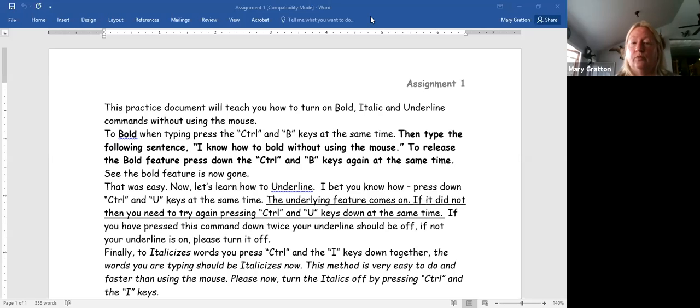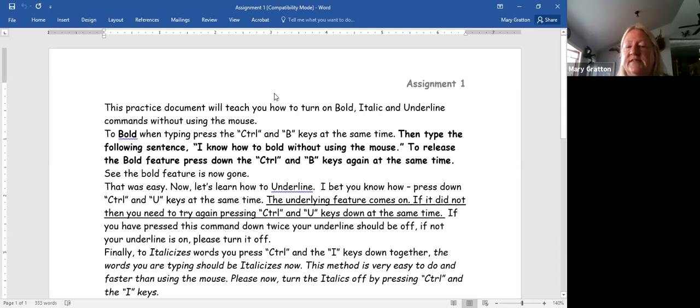What I would like you to do is you can either print it out, or if I send it to you via email, you could do a split screen, bring up the document from your email, do the Windows and the right arrow. This document would be on the left-hand side of your screen, and then open up a blank page on the right-hand side. And you're actually typing what I have already typed for you here. But when you do it, follow the instructions that are written there, and that will